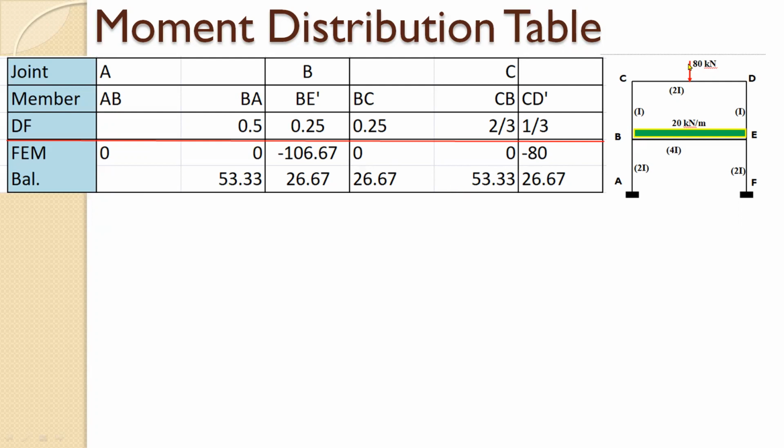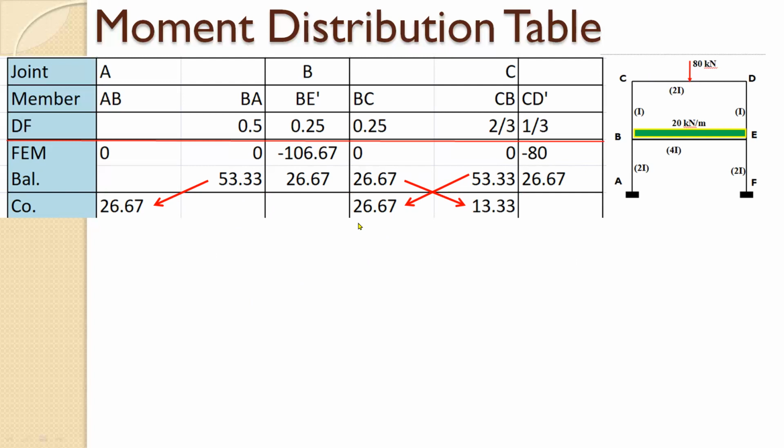And as I told you that at axis of symmetry, there will not be carryover across the axis of symmetry. So there will not be any carryover from member BE dash. Then if you go to joint C, then there will be carryover from CB to BC. There will not be any carryover across this axis of symmetry. So carryover from BA to AB, from BC to CB and from CB to BC. So there will be 3 carryovers and we calculate the carryover moment, half of this moment with same sign. So we get these as the carryover moment.